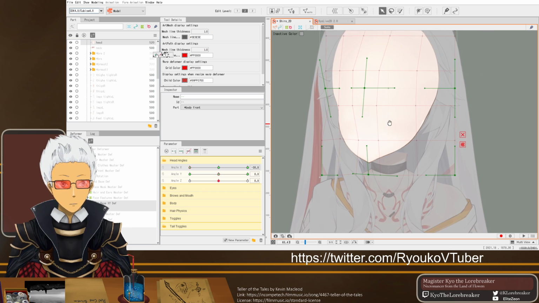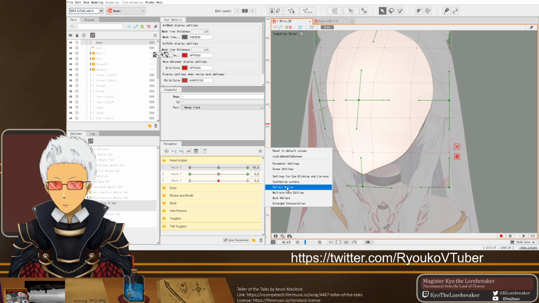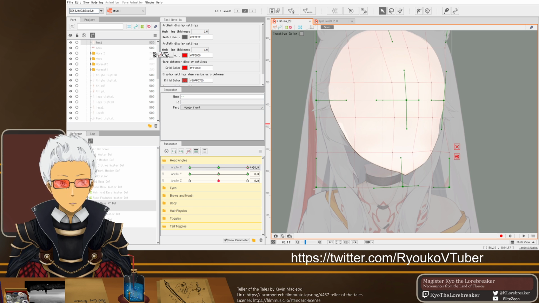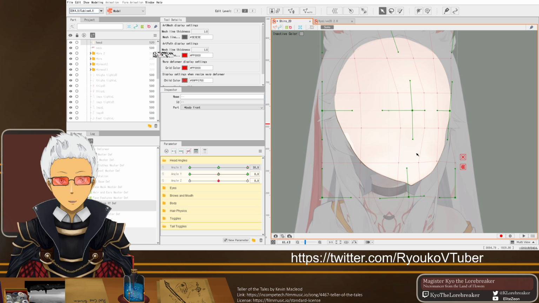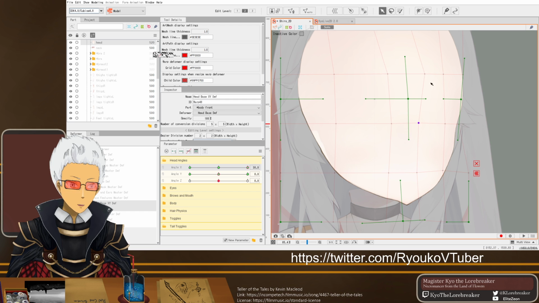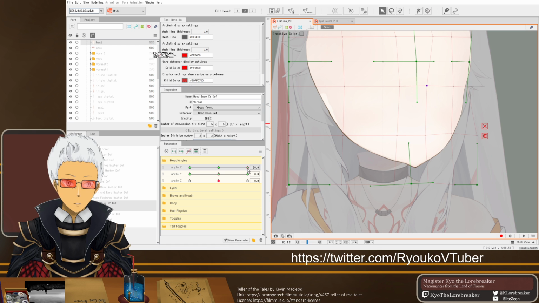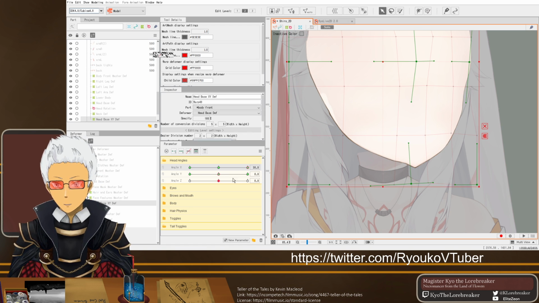Now, what we can do to get the right side done quickly, we select both the deformer and the head mesh, and then we just reflect it horizontally. And now we have a rough setting of the right side, but we still need to fix it because the mesh is an automatic mesh, and the mesh that we used is not 1-to-1. It's not symmetrical, so it tried to reflect it as best as it could, but we gotta go back and fix it.